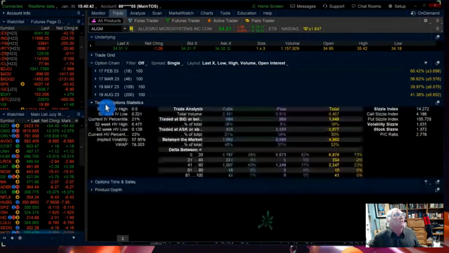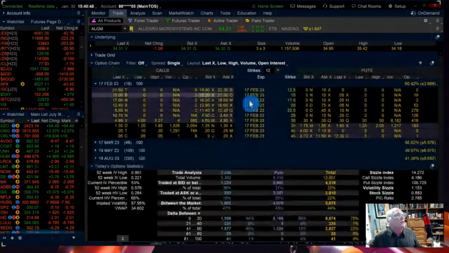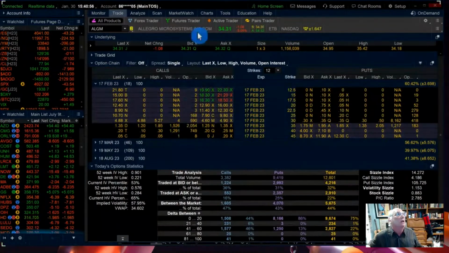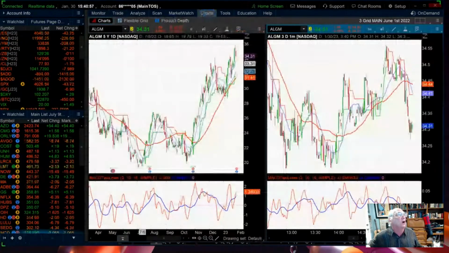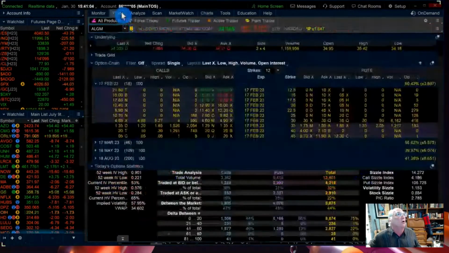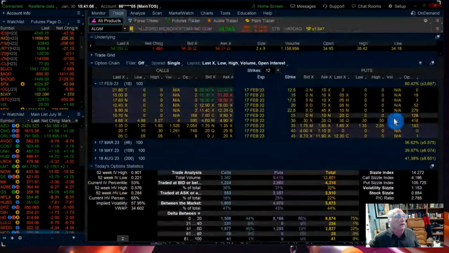So you see the option statistics. You see that it's a little off. Look at that volume. That's a lot of volume versus the open interest. So they've done some calls too, but you see the stock on a daily chart, it could go down a lot. So the theory is that those people know something. Doesn't mean they do, but they know something.